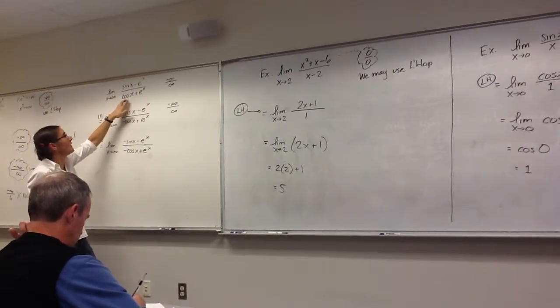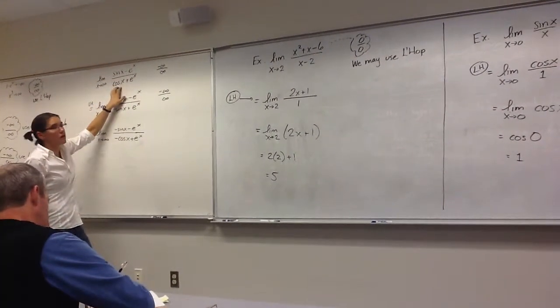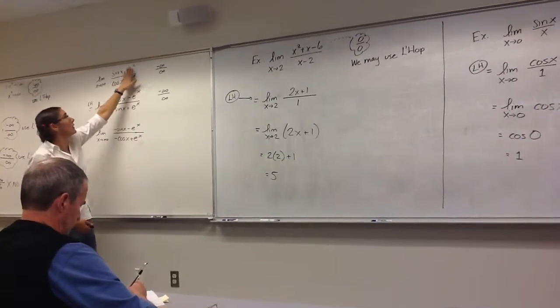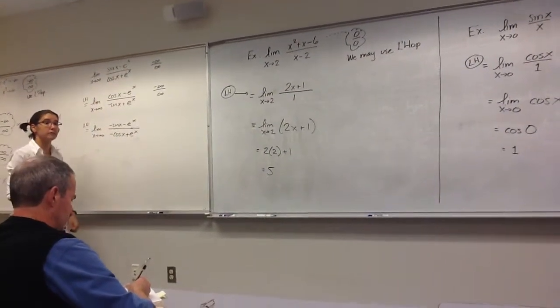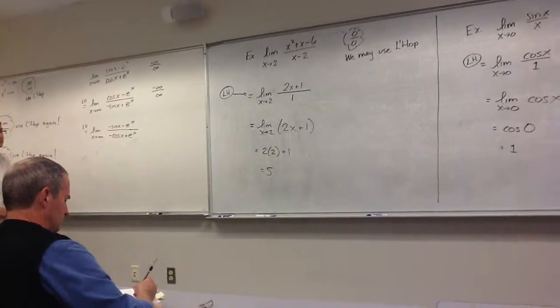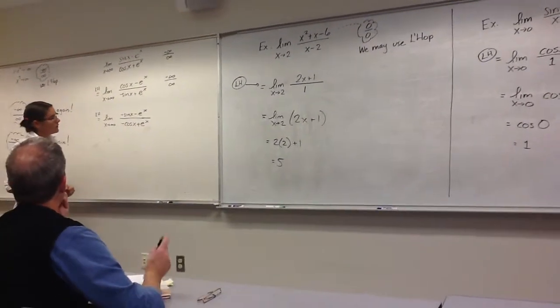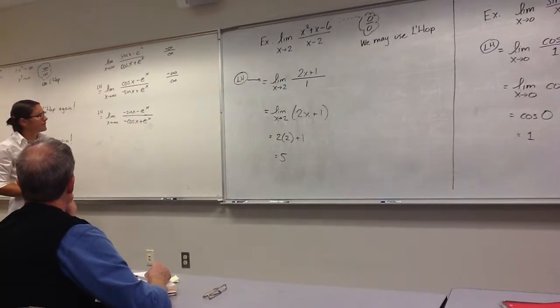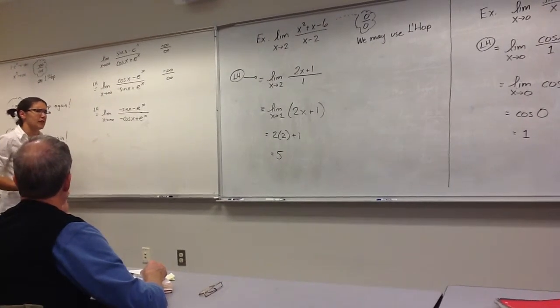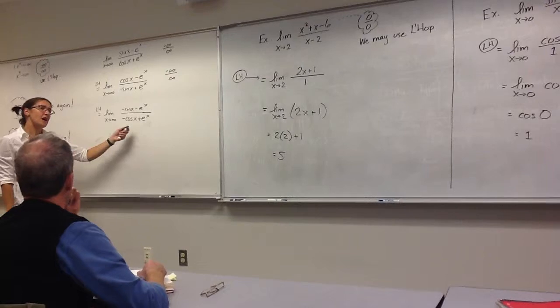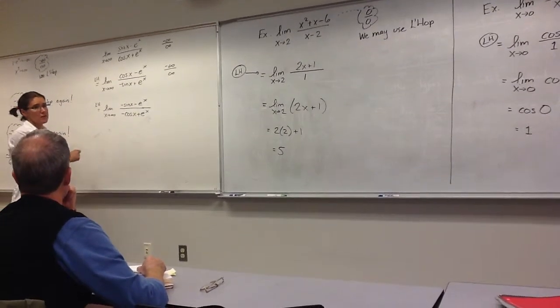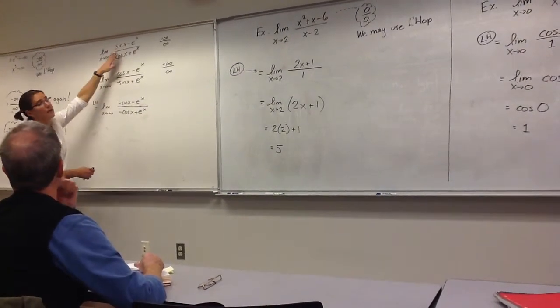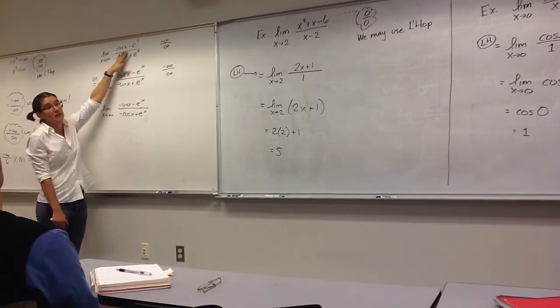So maybe analyze how the sine function and the cosine function are changing and how that works with these guys over here. So is it possible to solve something like that? We could analyze it, but that would be something for us to chat about after class. So in terms of how you would analyze something like this, it's not going to be a straight calculation. It's going to be an argument about bounding functions and saying, okay, that this